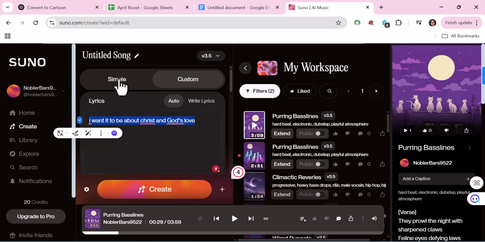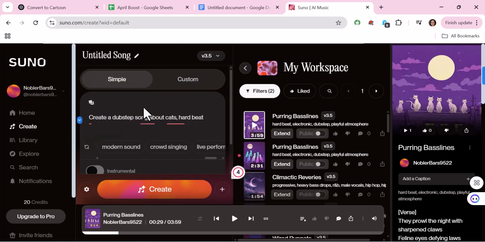You can choose either the simple or the custom. The simple is for cases where you do not have a direct idea, but if you have an idea that you would love to be conveyed in the song, you can click on the custom. Since I have no idea, I will just click here on the simple and write create